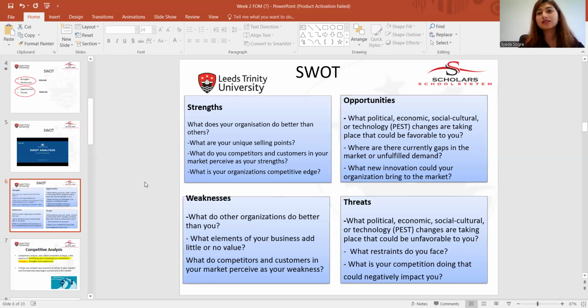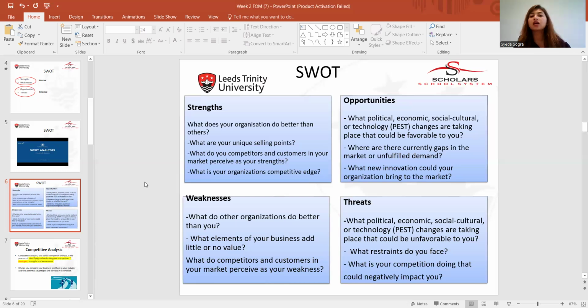When we analyze a company's strength, we think about what the organization is doing better than others, what their unique selling points are, what competitors or customers see as a strength in them, or what their competitive edge is. When we think about weaknesses, we consider what other organizations are doing better, what elements the business has that add little or no value, or what competitors or customers think of as the organization's